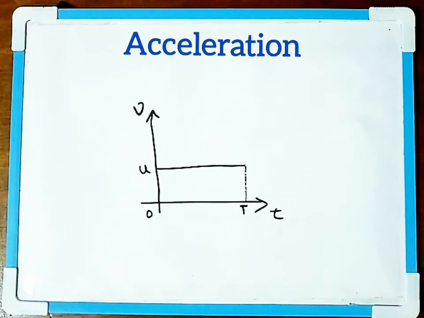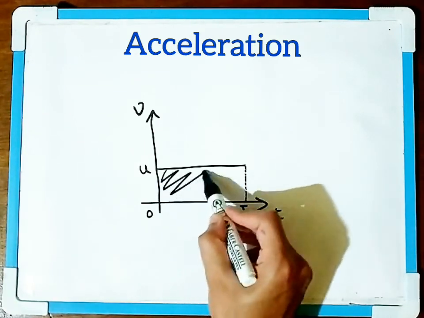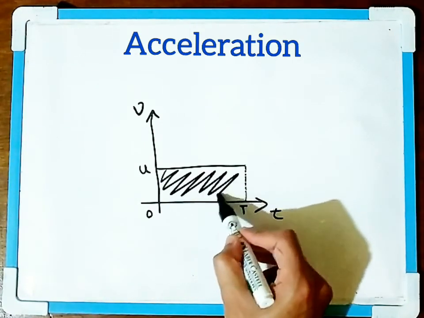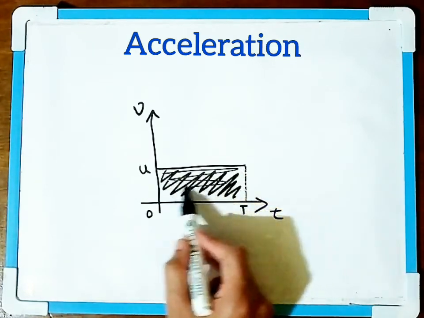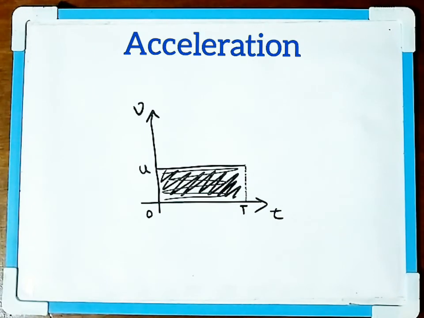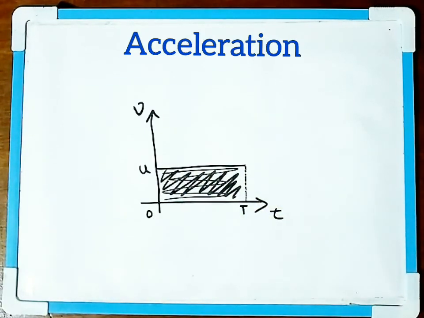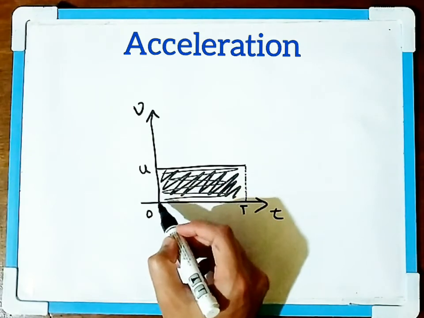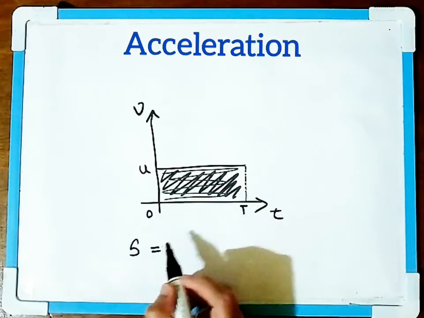The displacement of this car is given by the area under this velocity time graph. If you calculate the area of this rectangle, you will get the displacement of the car. So this displacement, denoted by S, will be equal to